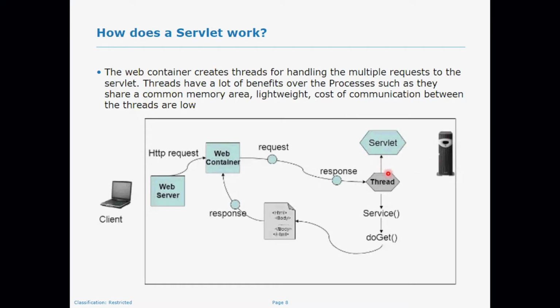Now, looking specifically into the servlet, once you write a servlet class, you may have just one servlet class that you have written, and you may have just one servlet object that is accepting the request and sending back the response, right? It's not just one client that is sending in the request. You may have parallelly maybe 1,000, 2,000, 5,000, 50,000, or if it is Facebook, maybe 1,000,000 clients that are connected